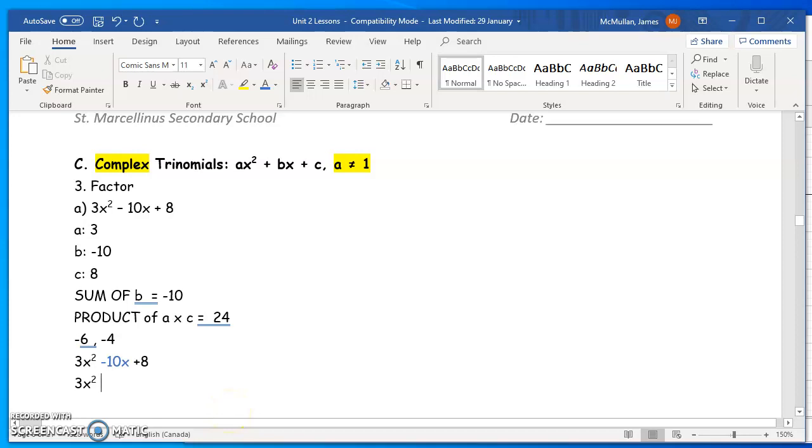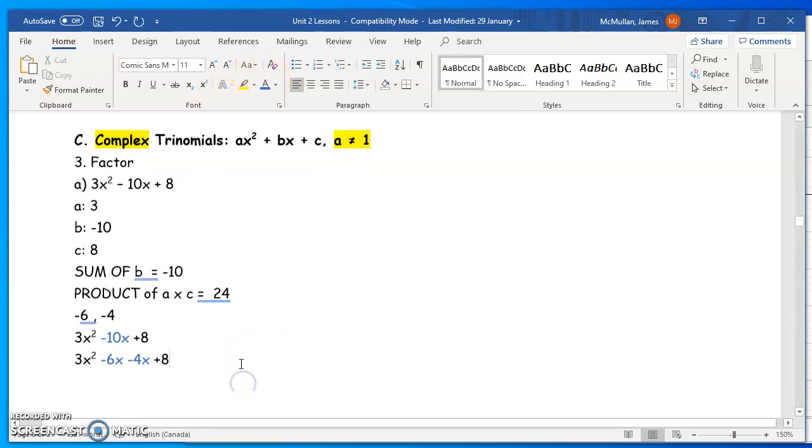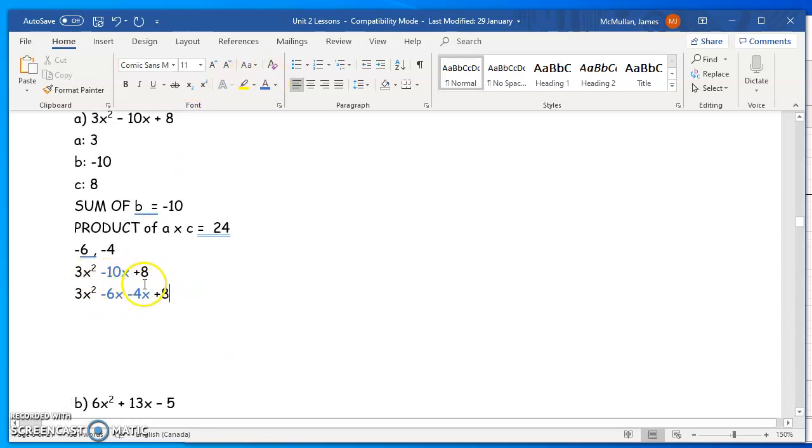Now I write the two numbers that I found. So instead of writing negative 10x, I decompose it into negative 6x and negative 4x. Of course, the statement I came up with is equivalent to the one above it, because if you simplify it, that's what you get. But it's written now in such a way that I can